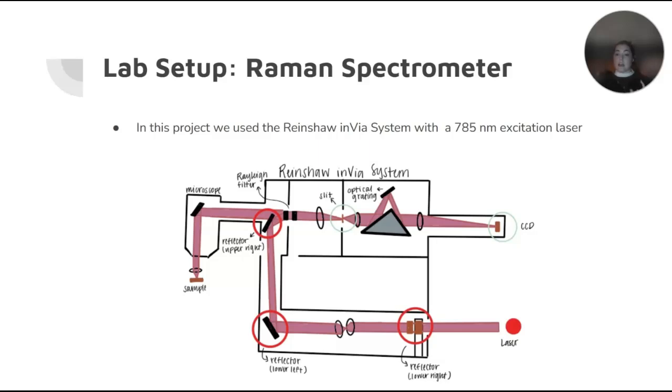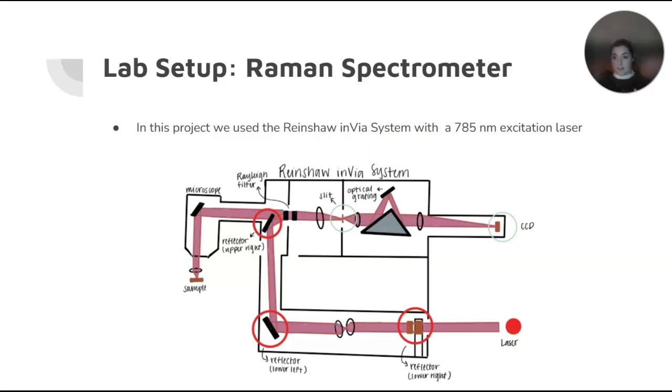You can have one with 512 nanometer wavelengths or 785. We use 785 in our lab, and basically how the spectrometer works is you have your laser. It is shown into the machine where it is then reflected and then Rayleigh filtered, and the light is sent to your sample, which then sends a signal back that is then filtered through the Rayleigh filter, is reflected, sent through the Rayleigh filter, which filters out